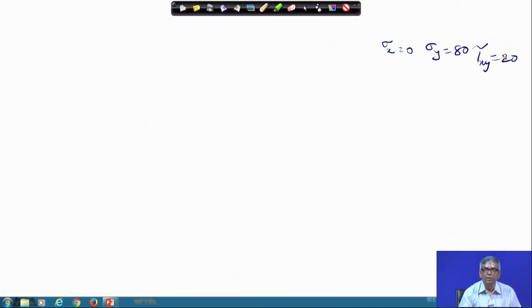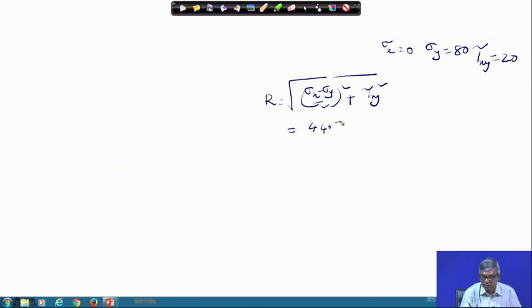If I want to do the Mohr circle method, the radius of the Mohr circle is r equal to under root of (sigma x minus sigma y by 2) whole square plus tau xy square. If I use those values, then r becomes 44.72,